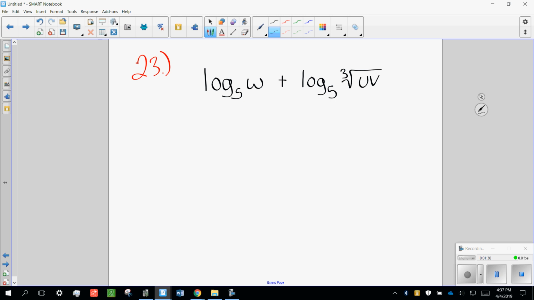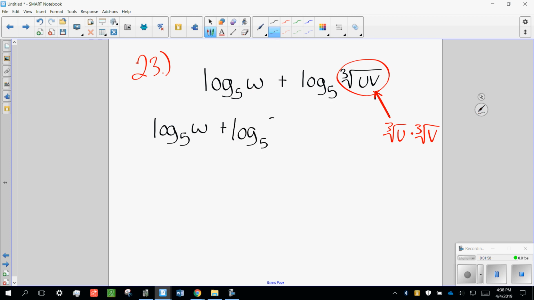Now, there's a couple things you can do with that cube root over there. One thing that we can do is we could split it up into two separate cube roots. Okay, so the cube root of uv is also, let's do this in a different color. This right here is also equal to the cube root of u times the cube root of v, which means we could write it like this: log base 5, cube root of u, plus log base 5, the cube root